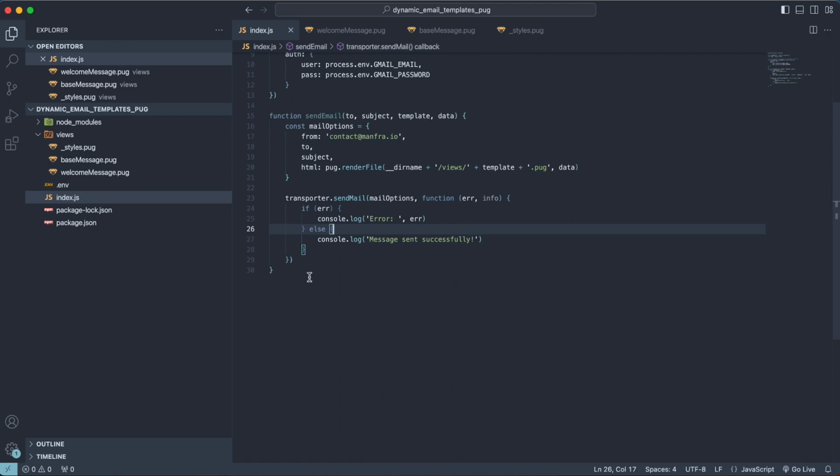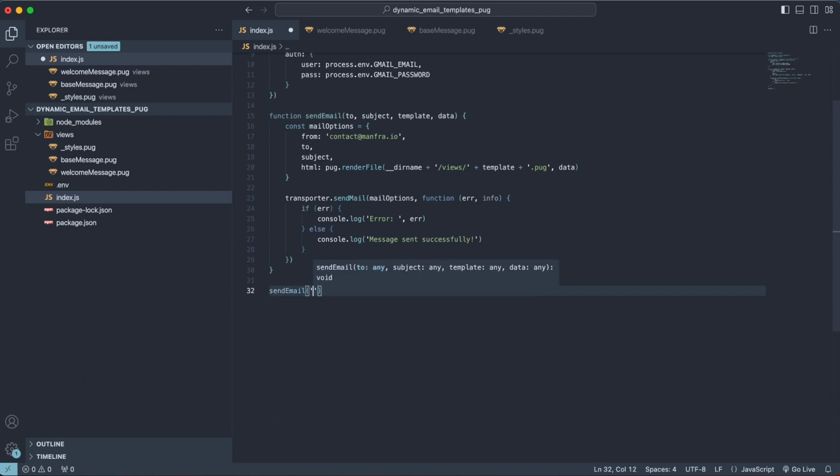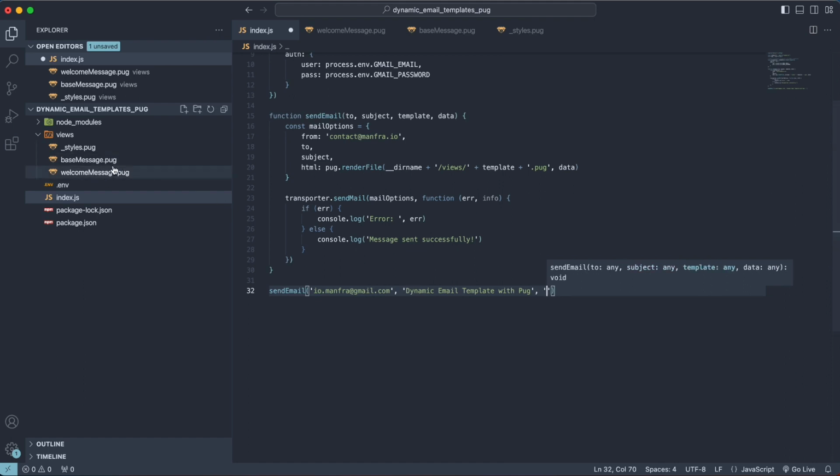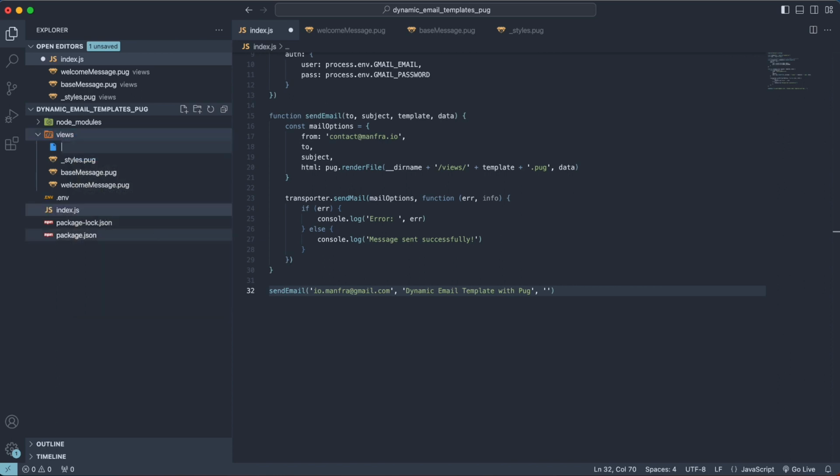Now let's call this sendEmail function here on the bottom. So sendEmail, and for the to parameter, I'll add one of my personal emails here. And for the subject, I'll put dynamic email template with Pug. And for the template, we could use the welcome message template we already have, but let's create a new template so we can test. So inside the views folder, I'll create a new file, call another